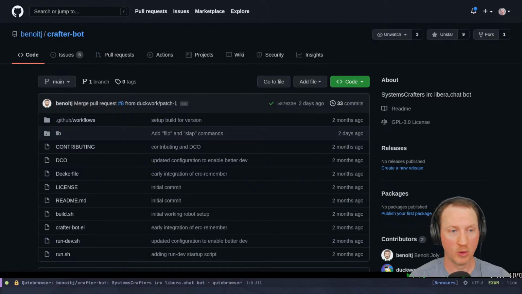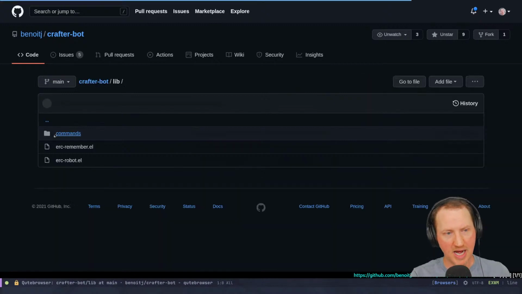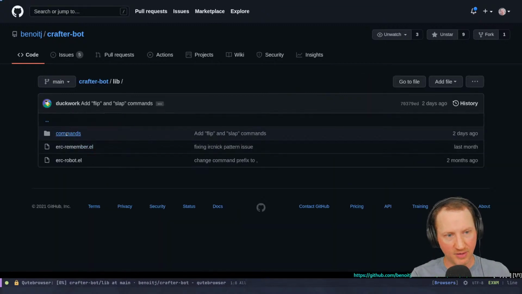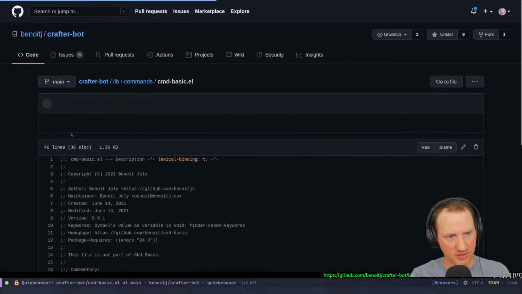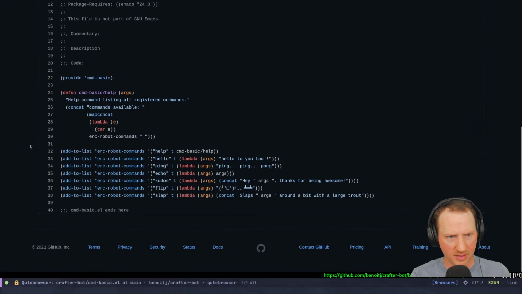If you want to know, so not IRC bot is basically a bot that is listening to an IRC channel for commands. I mean, obviously, if you use like Discord or Slack, you've probably seen bots there. This is the same thing. The idea goes back to IRC, but it's written in Emacs Lisp, and it's very easy to add new commands. You can check some of the source here and see that there's really simple commands for just saying something back.